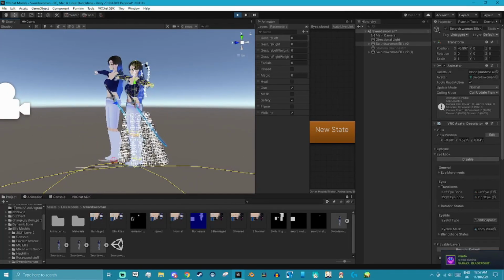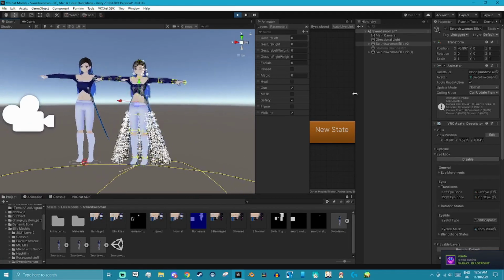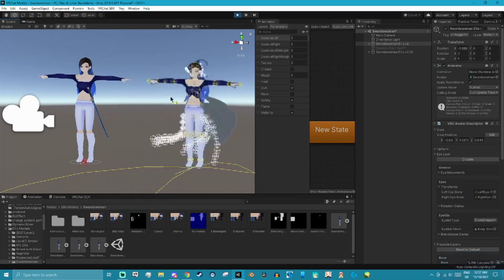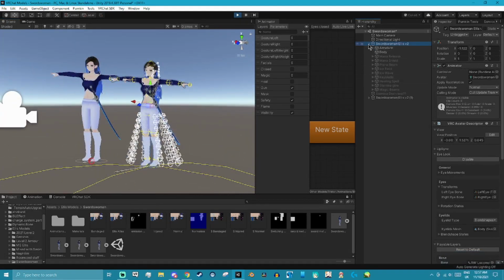I do have bones active that shouldn't be right now, but I have those deactivated in the FX. It's just the FX isn't on the model at the moment, but it's fine. Okay, so actually, for now,